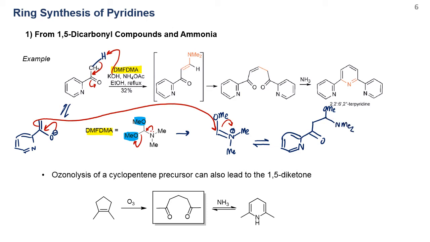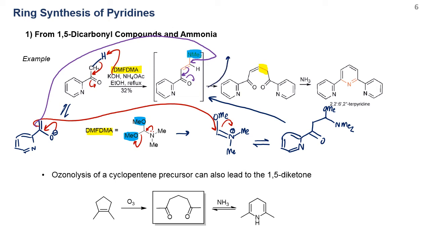And after elimination of methanol, it will lead you to this intermediate, which is actually the alpha beta unsaturated ketone, and another molecule of enolate comes in and attacks here to form a new carbon-carbon bond here. And now the good part here is that you already have another leaving group here, so you can kick out